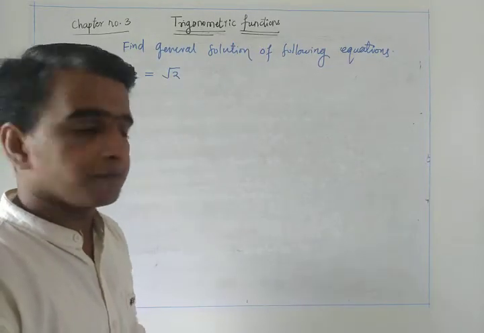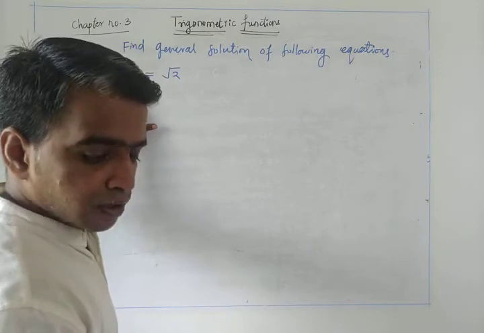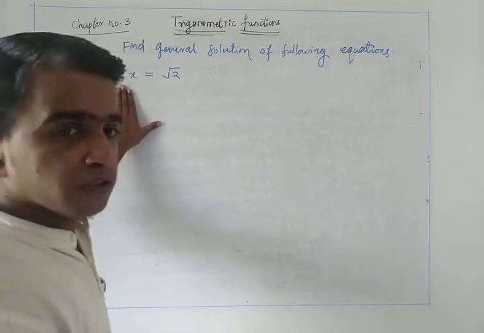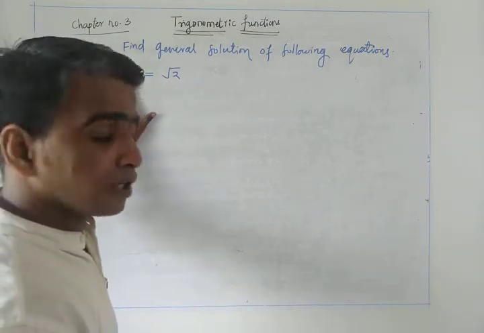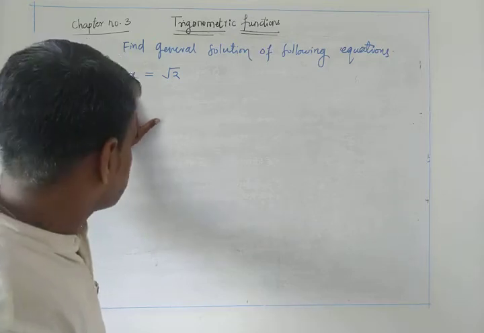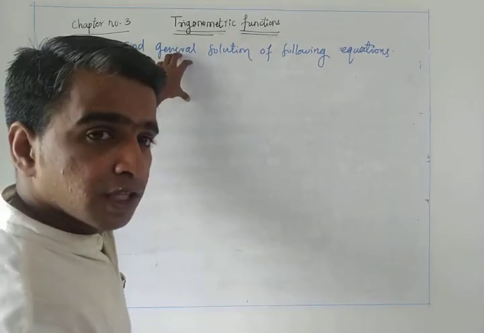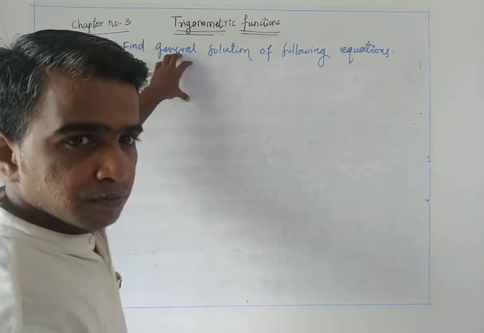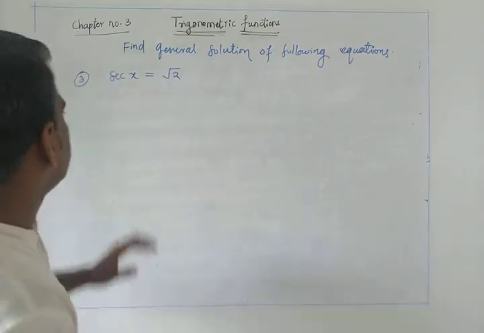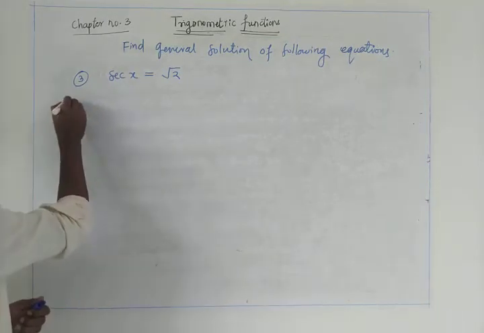That must be clear. Now the sec x function is related to the cos function. So we try to write this sec function in terms of cos first. If you are writing a cos function on one side, on the other side it must also be a cos function. That we know, so we will use that criterion. So start with the solution.